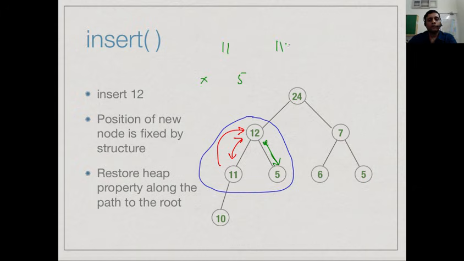We knew that 11 was bigger than 5 and it was bigger than this something. Then we did an exchange and we brought a 12 here. Right? So if at all, the problem is only between 11 and 12, and since there is a violation, 12 is bigger than 11, that's why there is a violation, but 11 is known to be bigger than the other side. So if I move 12 to the top of this 3 node structure, it cannot be smaller than